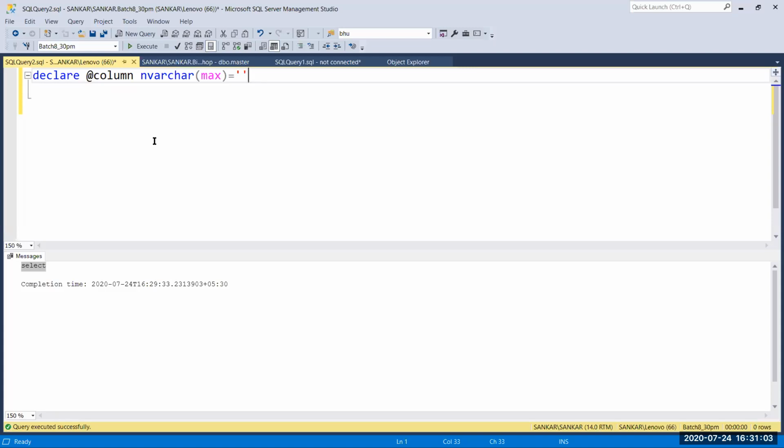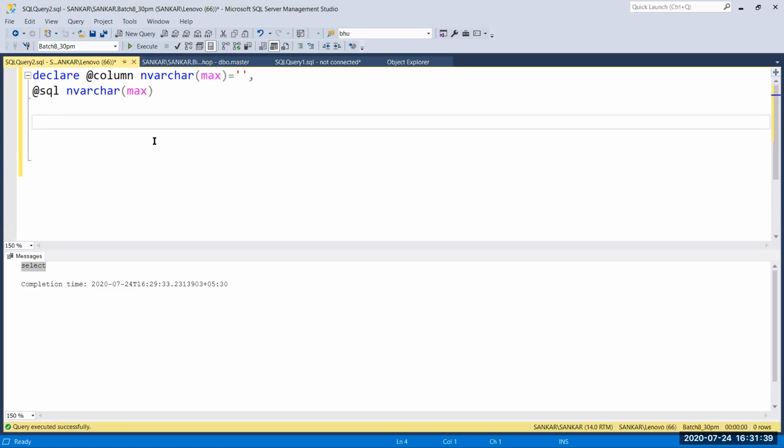So we are going to do that, that's why I'm declaring an empty string. If you want to append to a list in Python, first you have to declare an empty list. Same process, here I have declared an empty string. Then keep a comma, and I'm going to add one more variable, that is @sql, also nvarchar(max).